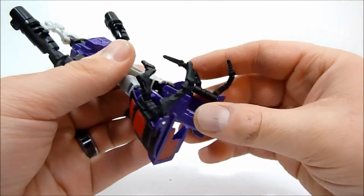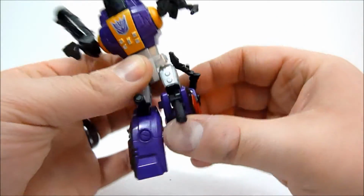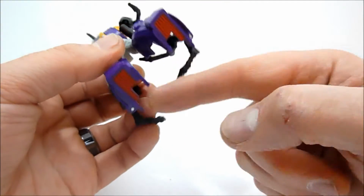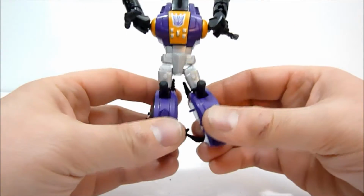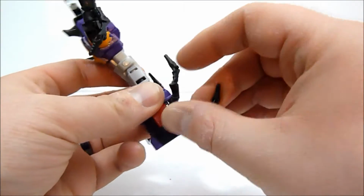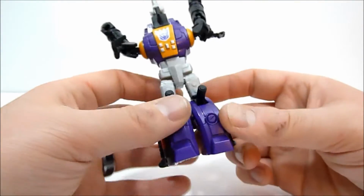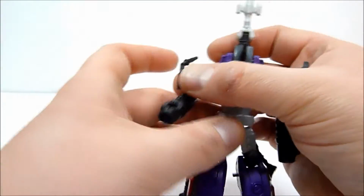I don't put them in all the way because while they can hinder movement a little bit like this, it's not as bad as if you put it all the way around. But then you're going to actually get the interference with the distance between his legs. I guess it's hard to explain, but you can kind of see what I'm saying. So if you want to stand them up, the insect legs back here are kind of clashing together. So I just like to leave them a little bit to the back. And then they're still out of the way visibly, but he can close his legs, I guess, for lack of a better phrase. Now, you just twist the arms around to the front,